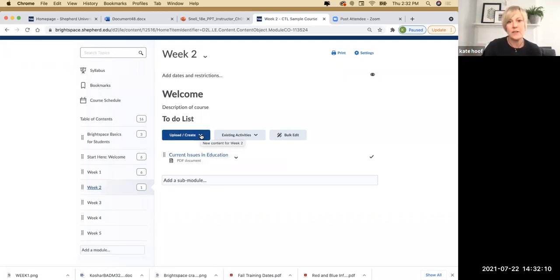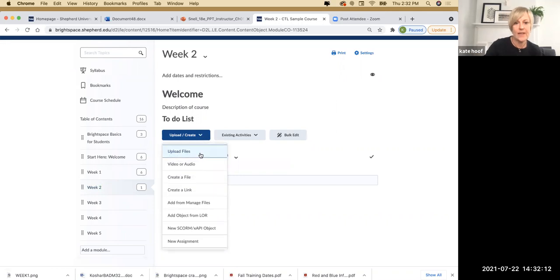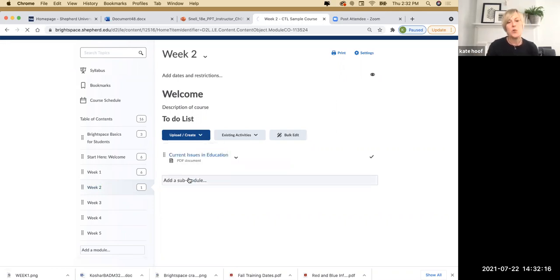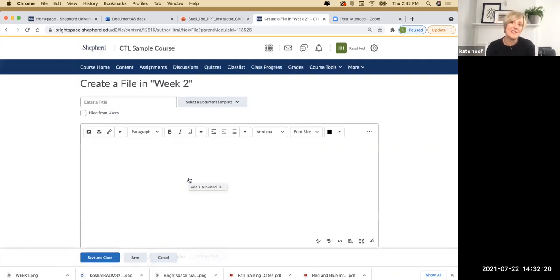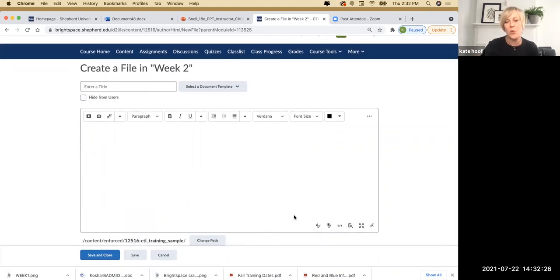So I'm going to click on Upload, Create, and I'm going to go to Create a File. And creating a file is really creating a web page. And don't let that scare you, because all it is you're within this HTML editor, which is what you had in Sakai. So I'm going to enter a title here,